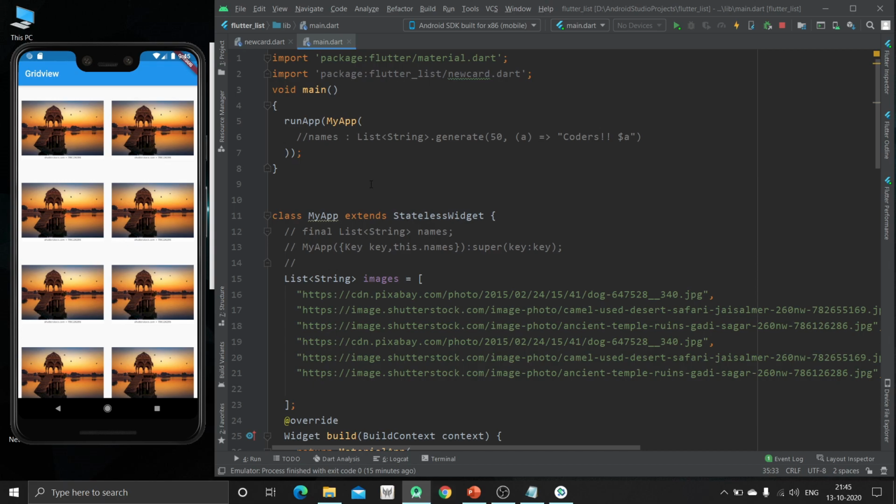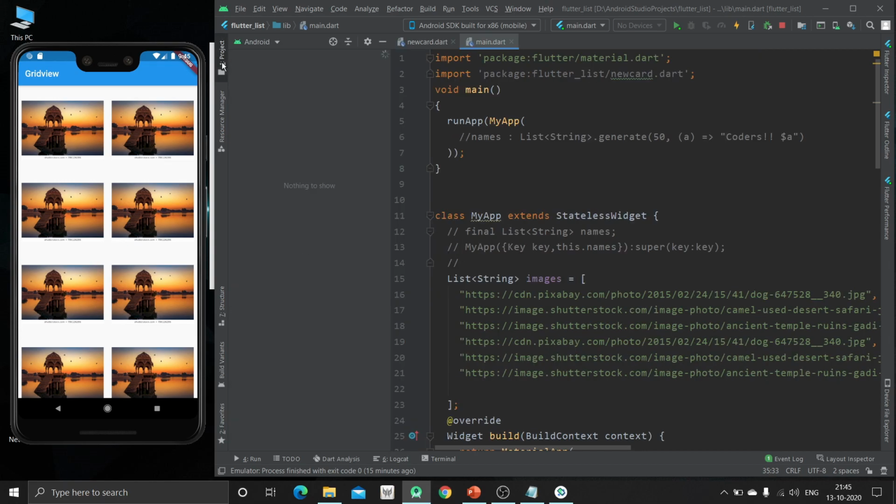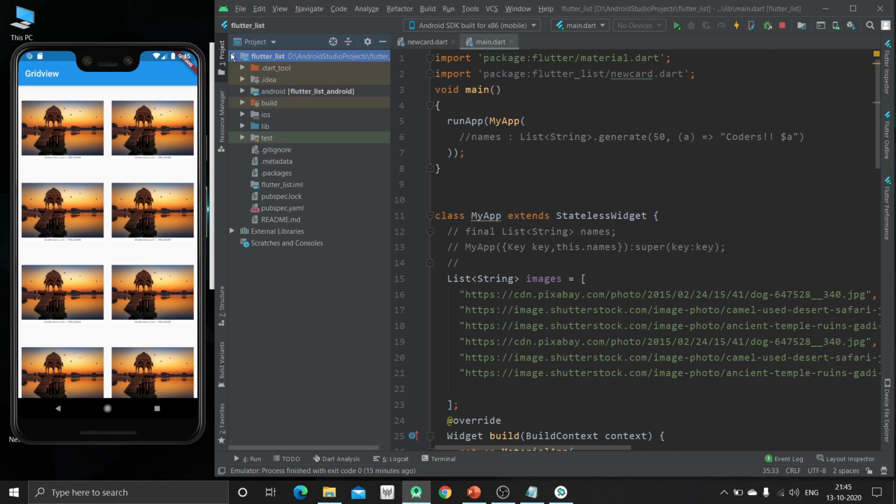So for that, first of all we have to get the dependency. Like in Android we used to specify the dependency. Similarly Flutter provides a feature that we can use other packages and their properties inside our app.